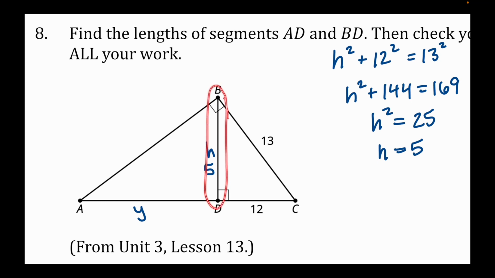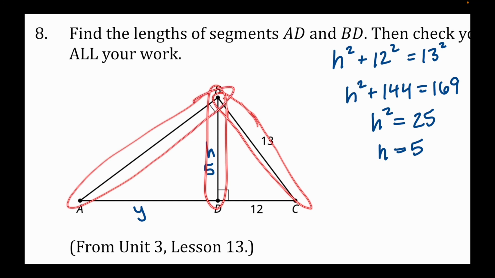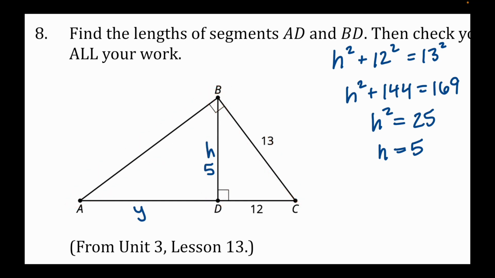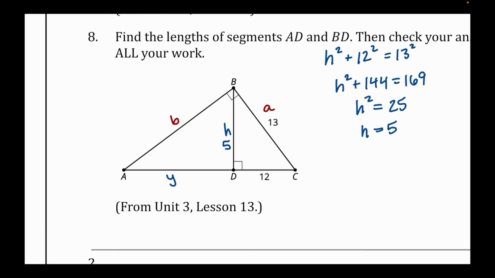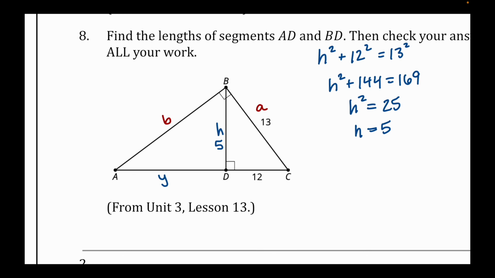either the altitude or the legs of the large right triangle, those will be your geometric mean, or the things we would use as geometric mean. I would call this side B and this side A. A, B, and H would all potentially be the geometric mean. The remaining pieces that we have are Y and X, and then I would call the entire distance here C. We are only going to use 2 of those,